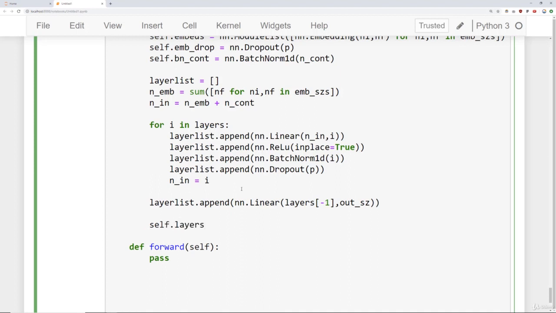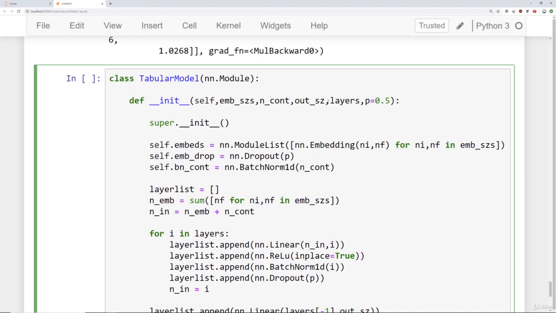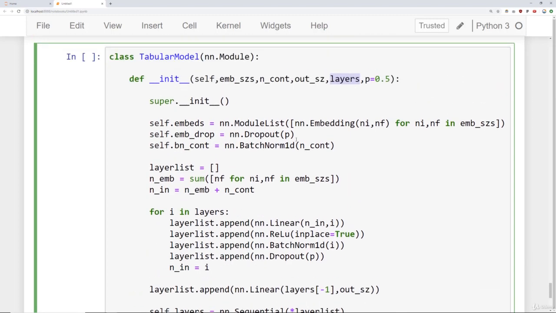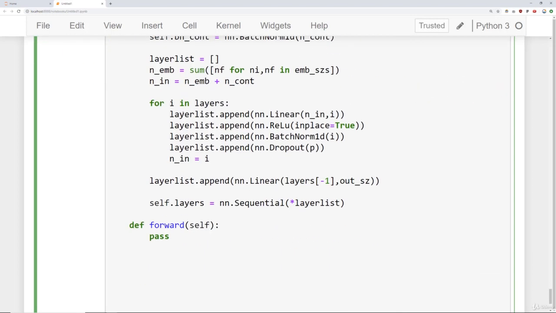And then we'll say self.layers is equal to nn.Sequential, in order to make this all work, asterisk layer list. Okay, so what we're doing here allows the user to define how many layers you want. And then for whatever number they decide for i in layers, we can then